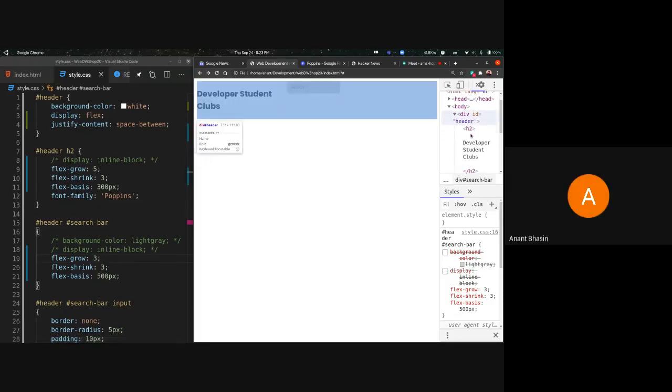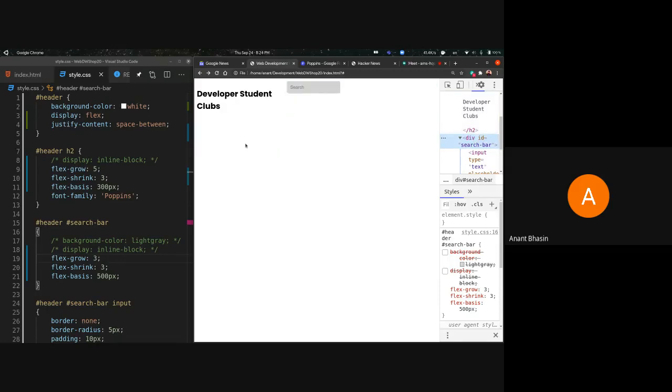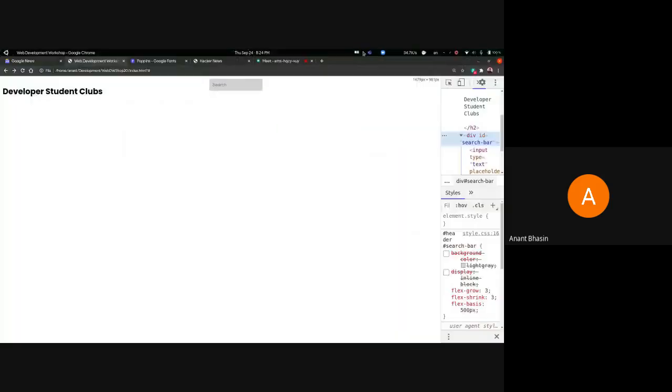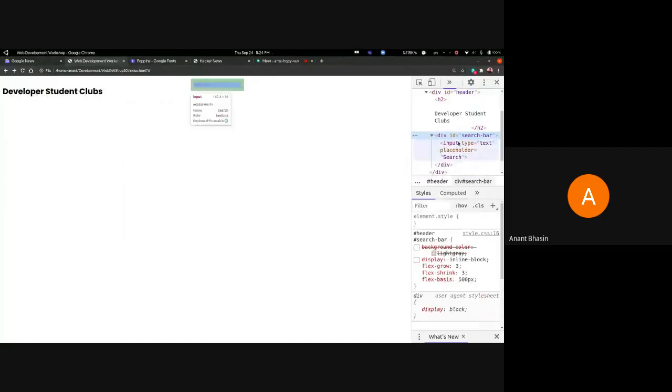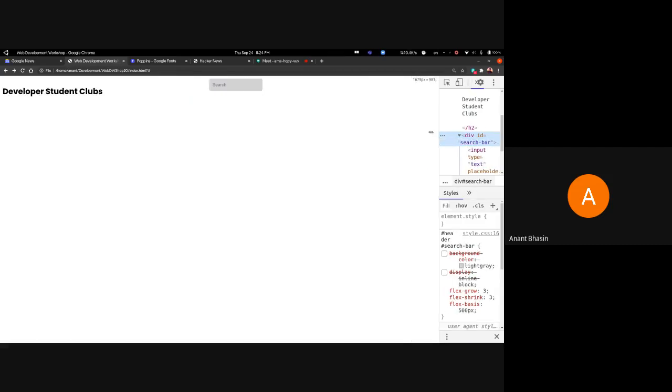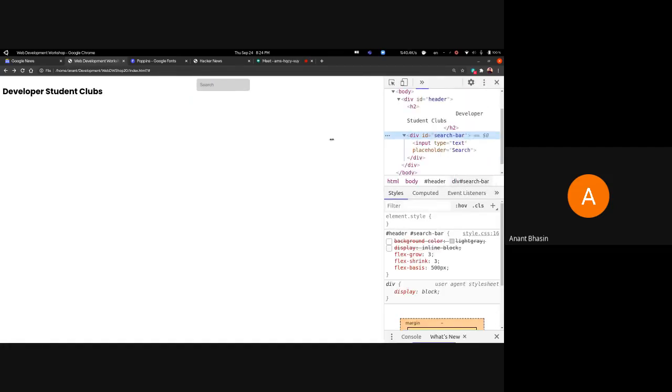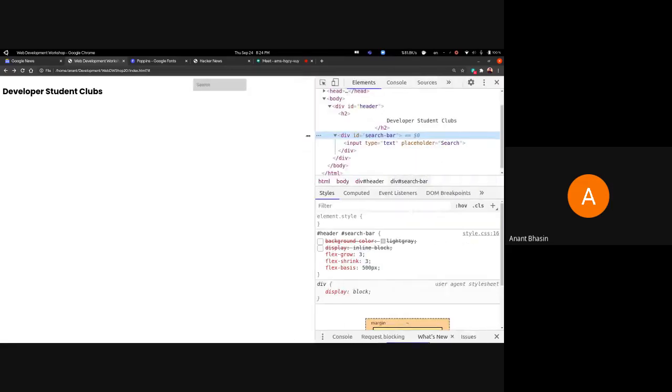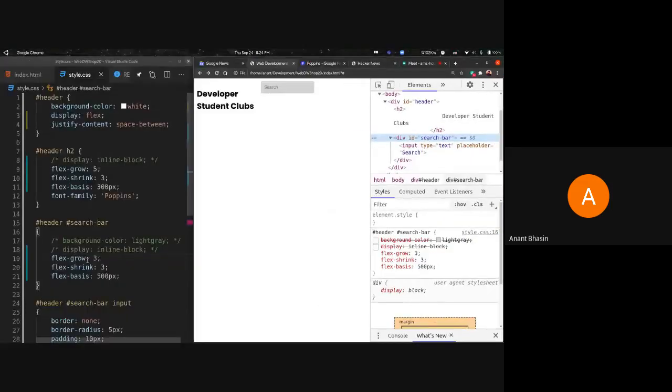Okay, so that's how it works. It's turning out to be a bit of an issue to demonstrate this properly. So it's taking 573 pixels in width, and this is taking 664. So the ratio is still changing, you see. So that's what the flex basis, flex shrink do. You can separate the ratios for when the width is larger and for when the width is smaller, and what the minimum values of these elements are going to be.